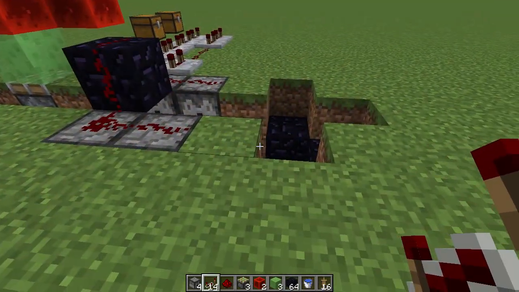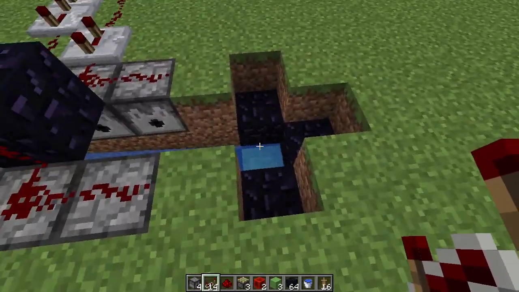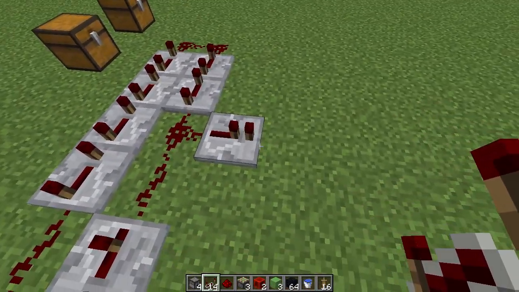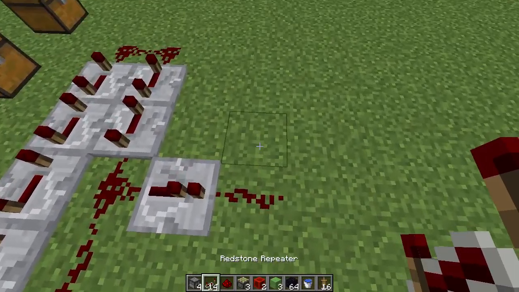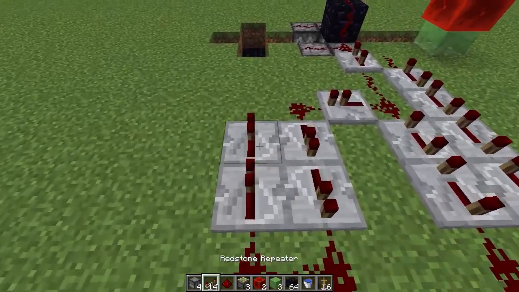Now that's in place, we're going to set up the redstone timer that's going to activate the slime block once the water has pushed the armor stand into that location, and that is going to take a little bit of setting up because armor stands travel quite slowly in water. So we need 1 repeater going that way and then into another redstone dust there, and we're going to be building 2 redstone repeaters like that, 1, 2, turn it around with redstone dust and have 1, 2, 3 going